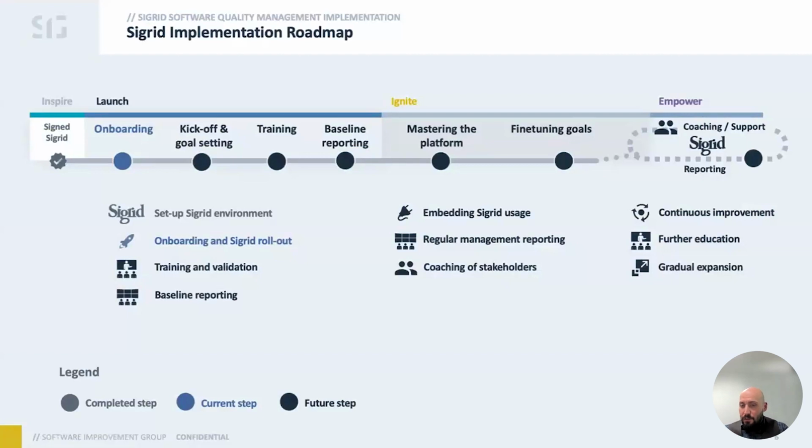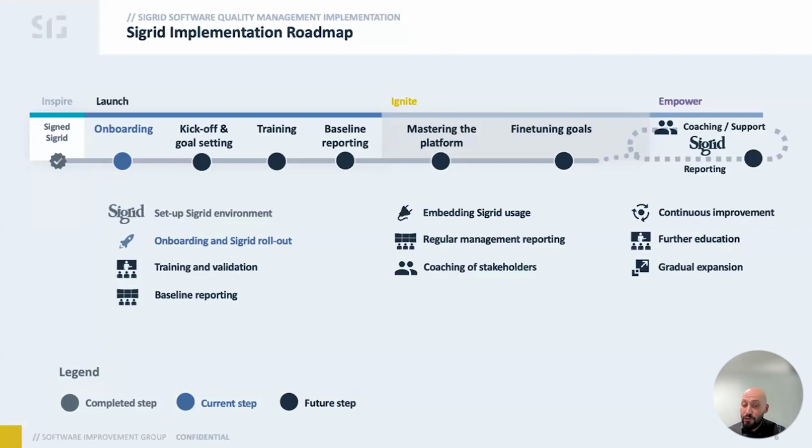Of course, that process of implementation of Sigrid is a long process. We usually start after signing the contract with the client, and we start an onboarding phase, which is technical onboarding / Sigrid rollout, where we get the code in the platform. Of course, we do the scoping, the taxonomy of the system or systems that you have in your portfolio. We look at the code, and after the base and the first scoping and result validation, we start thinking about the goals that the specific company is interested in terms of quality of non-functionals, most likely.